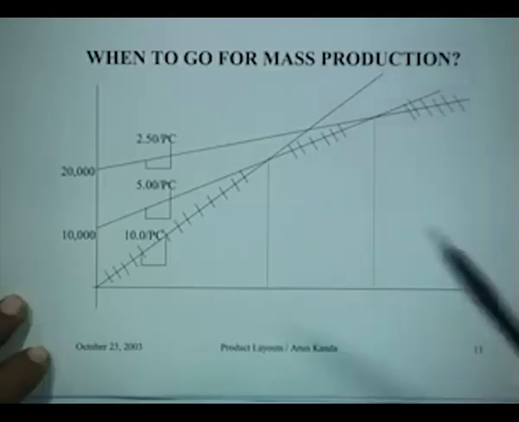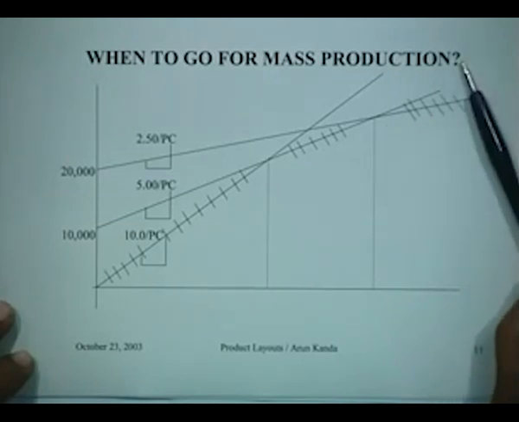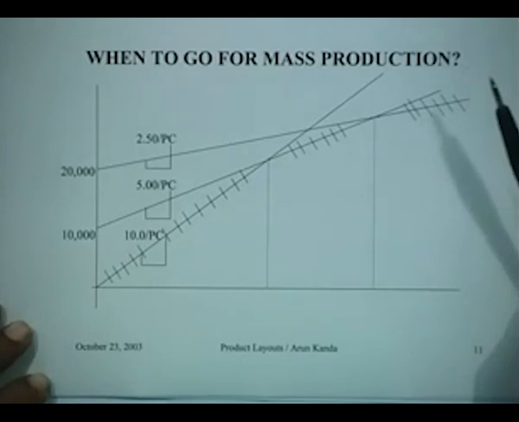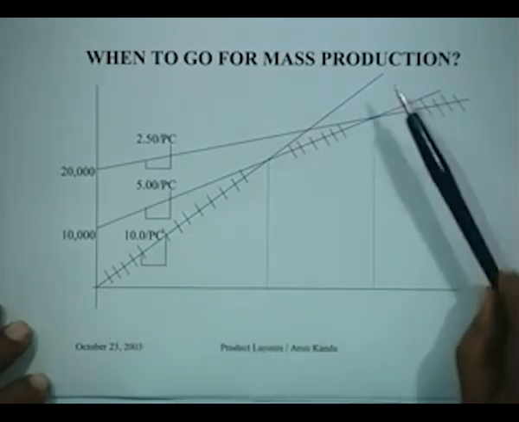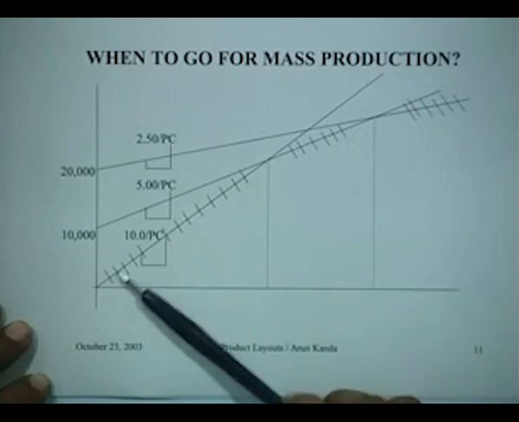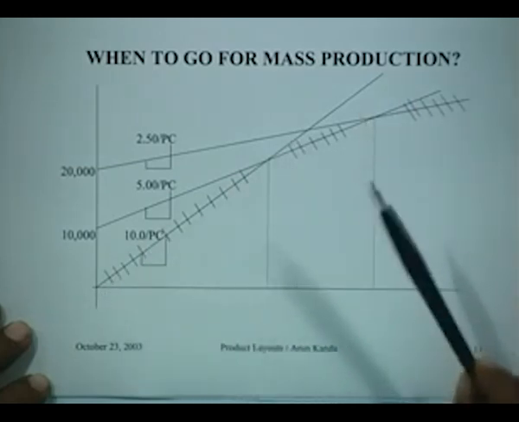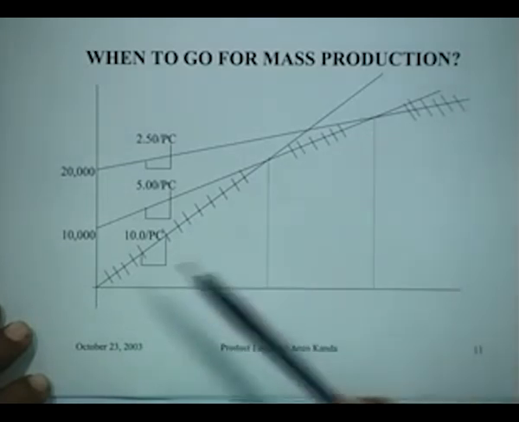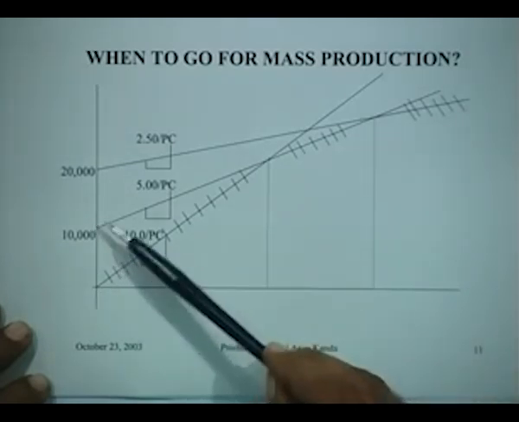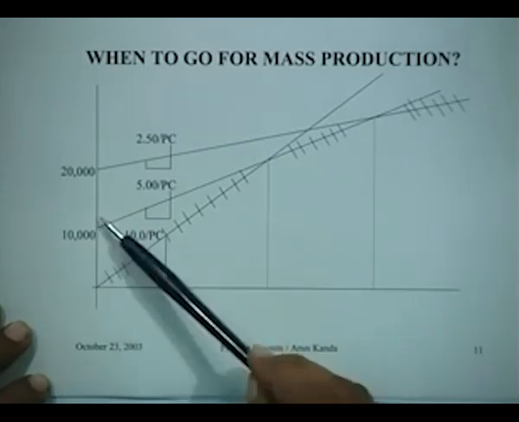Now, having understood the features of an assembly line, let us see when to go for mass production. Incidentally, you must understand that this decision is primarily an economic decision. Just for the sake of argument, suppose we have three options. We can purchase the part that we are interested in making for 10 rupees a piece and just keep buying it. Or we can invest 10,000 rupees and set up some general purpose machines or individual stations,